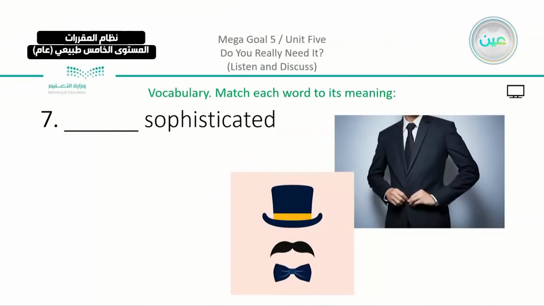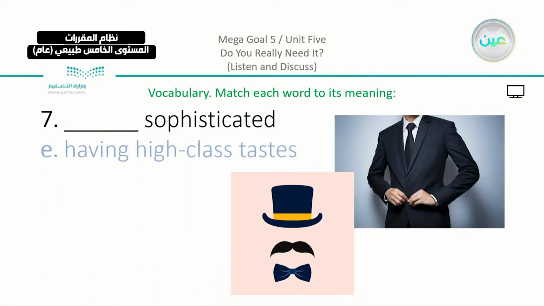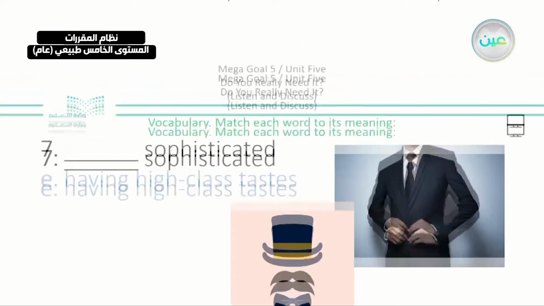The last one you have here, 7, which is sophisticated. So just try to remember one of these pictures, especially this one. So we said that sophisticated is connected to the word high. High what we have here? Yes, having high class tastes. So after revising the vocab that we have,